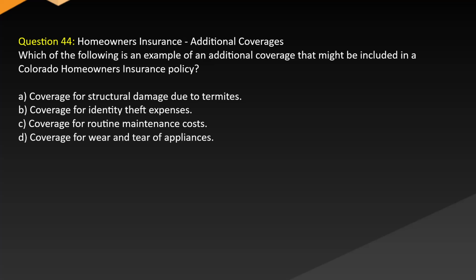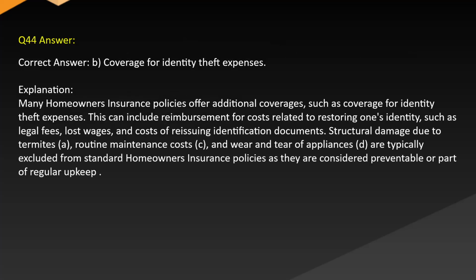B. Coverage for identity theft expenses. C. Coverage for routine maintenance costs. D. Coverage for wear and tear of appliances. Correct answer: B. Coverage for identity theft expenses. Explanation: many homeowners insurance policies offer additional coverages, such as coverage for identity theft expenses. This can include reimbursement for costs related to restoring one's identity, such as legal fees, lost wages, and costs of